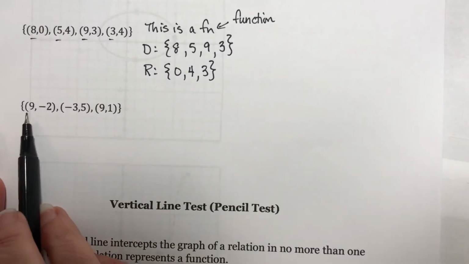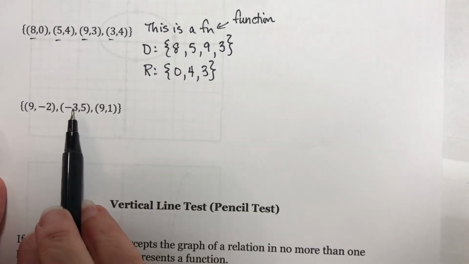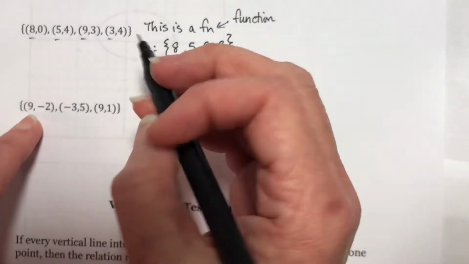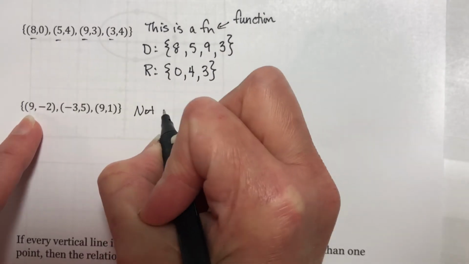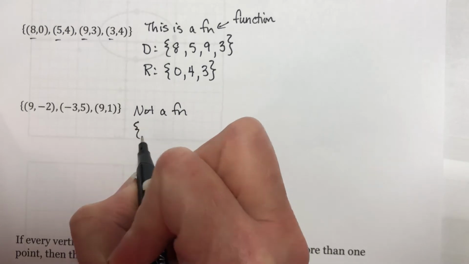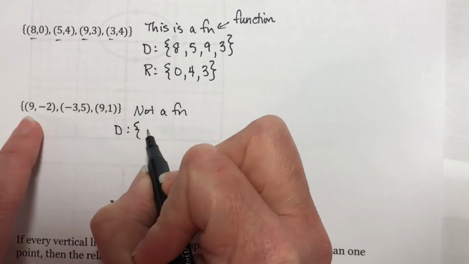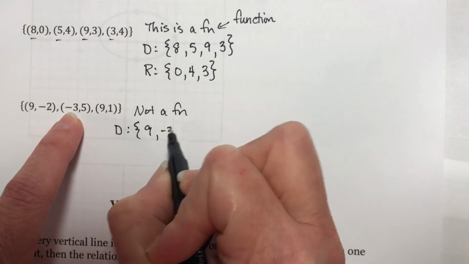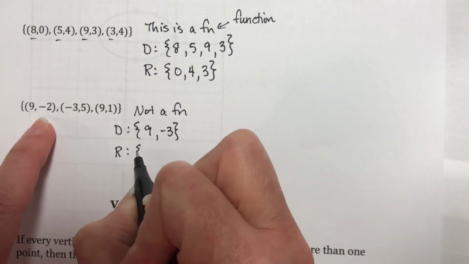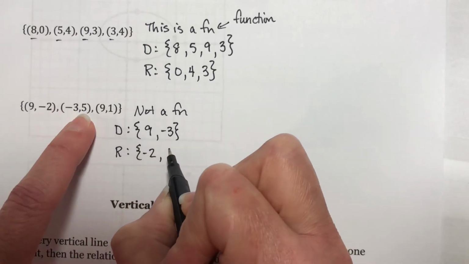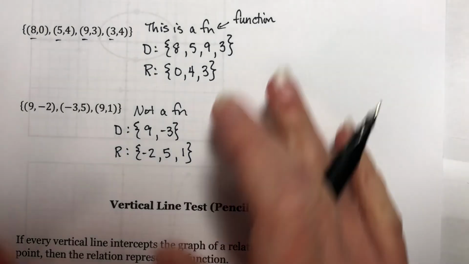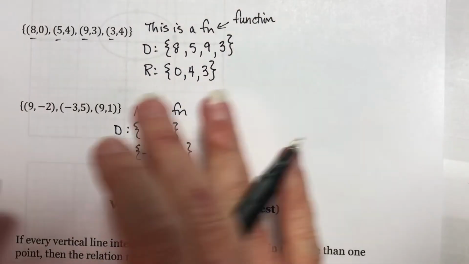What about this one? 9, -2, -3, 5, 9, 1. I have a 9 in my x here and here, so this is not a function. Okay, so I need to give the domain. It's going to be 9 and -3. I don't list the 9 again. The range is -2, 5, and 1. Okay, so if you have a list of ordered pairs, all you have to do is look for a repeated